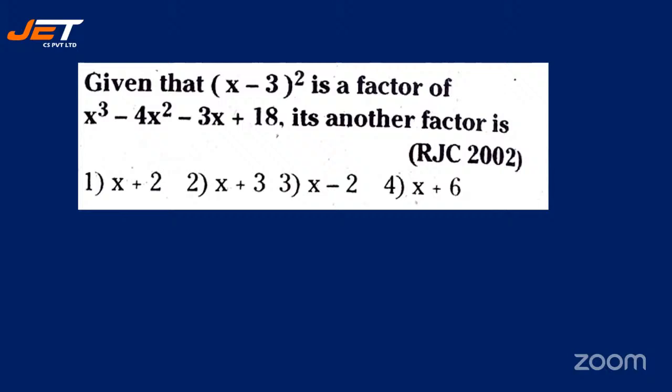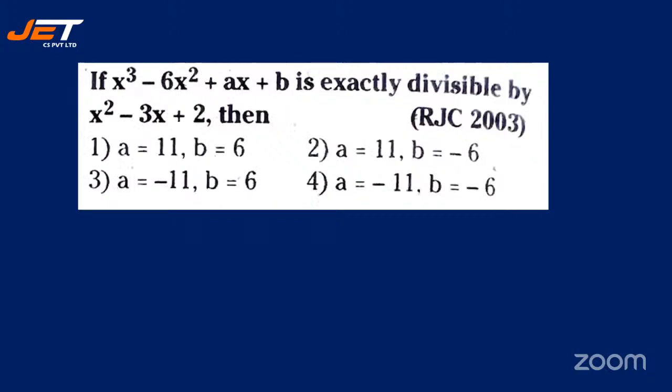Okay, so quickly find out so that we can move on to the next question after this. And this question has been asked in the year 2002. It's very clearly mentioned, isn't it? All right, let's see the answer. It is x plus 2. Right, see next question. If x cube minus 6x squared plus ax plus b is exactly divisible by